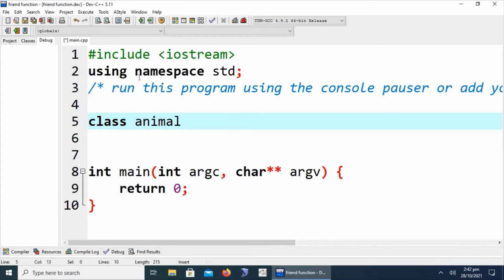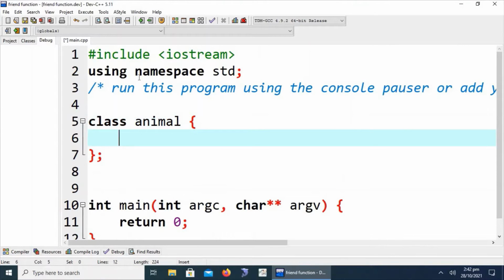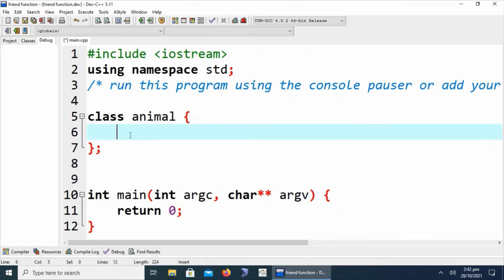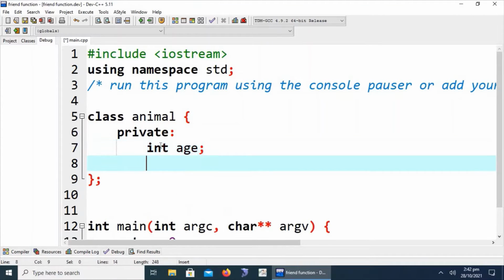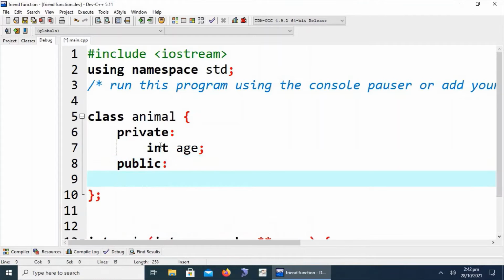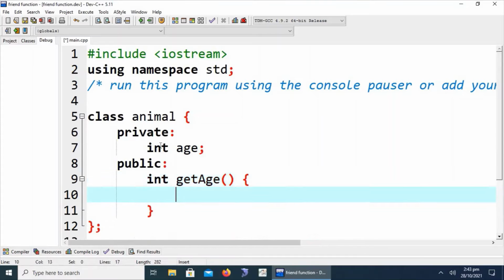We are creating here animal class, as we have multiple times created the animal class in previous lectures. So we are creating here private access member. Let's suppose int age. We are also writing down its public members. Normally in public access specifier we are declaring or defining the functions of the class. So we are defining first its function int get age. Here we will return age,